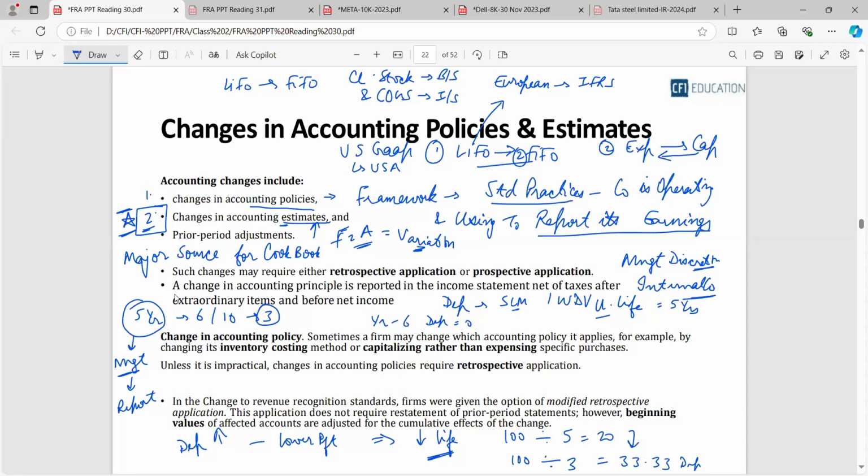Now there is something by the name of prior period adjustment, the third terminology. Can anyone tell me what is prior period adjustment? We are having a good discussion, guys. Let's continue the rhythm. What is the prior period adjustment? Vansh, Neha, Janvi, even Gaurav, would you like to have a try?